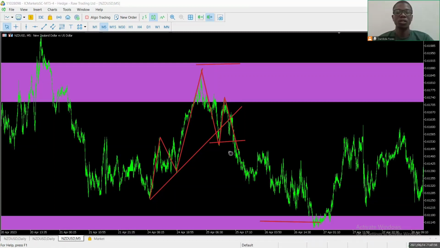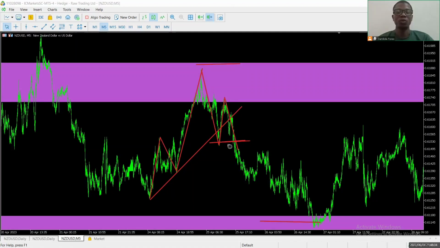So we are going to make sure that we have all of these things before entering this particular trade. We can see a clear indication of structural change by prices creating a lower low. We can see prices rejecting at horizontal zones. I'm also going to highlight this line here as a horizontal zone that I want prices to break. So once prices break the trend line, as we can see, prices broke the trend line, prices broke the Fibonacci 61.8 like we brought out, prices broke the chart structure by creating a lower high,